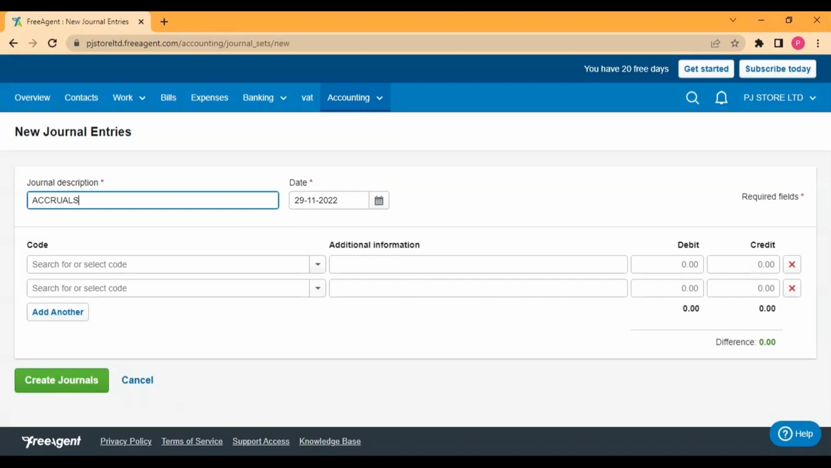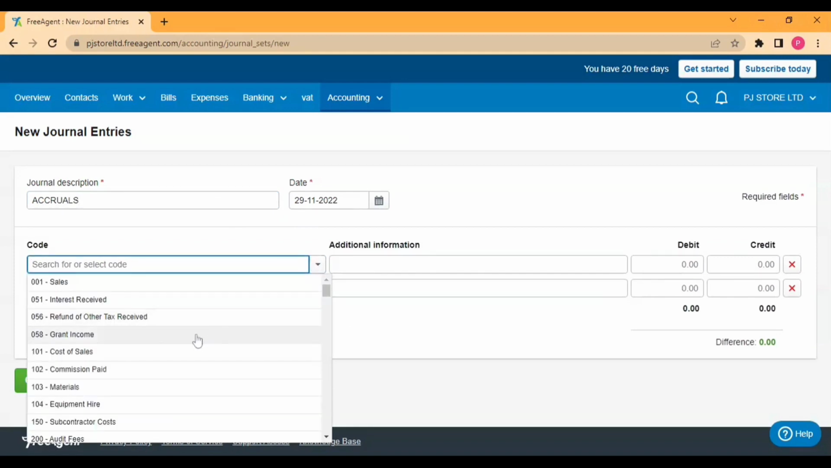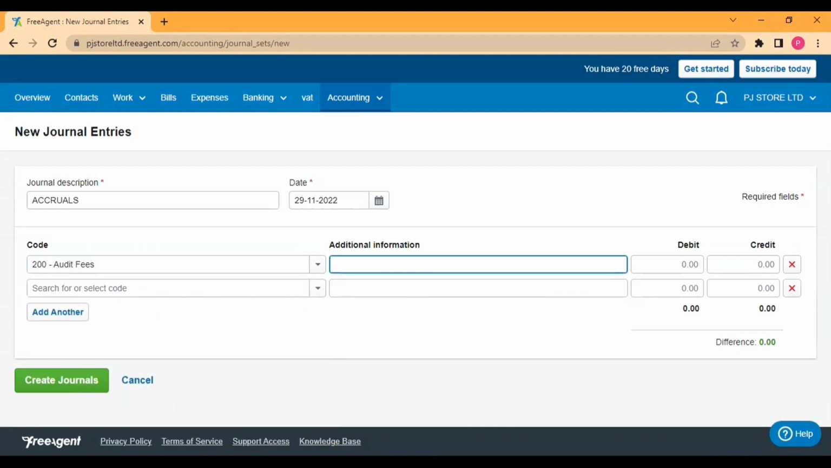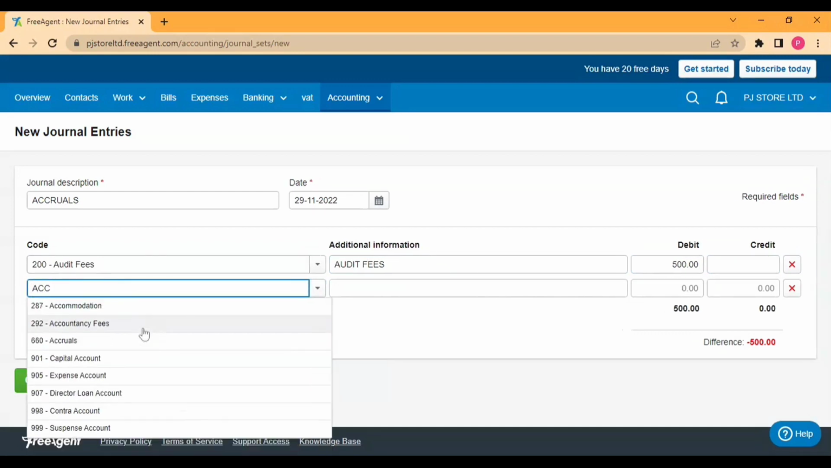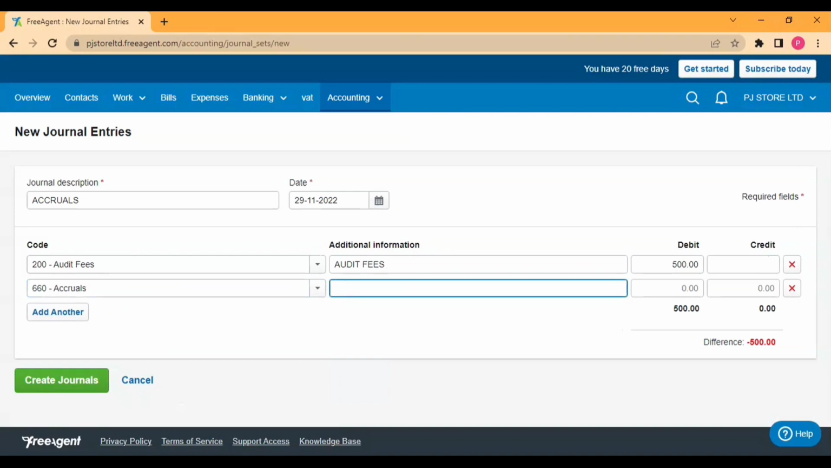So in journal description I'll write accruals. Let's select the code, audit fees. In additional information I'll write audit fees. In amount I'll write 500. Okay, and here I'll select the accruals code. Audit fees